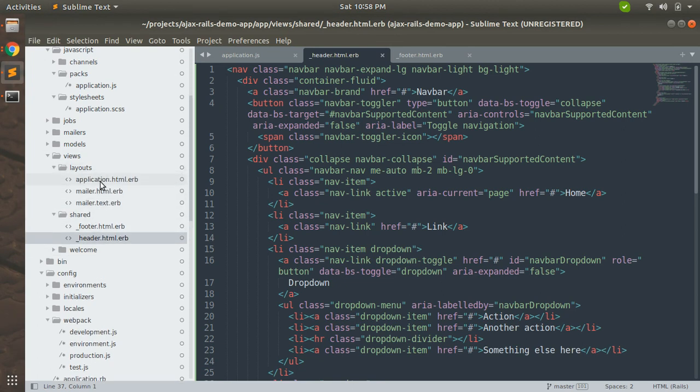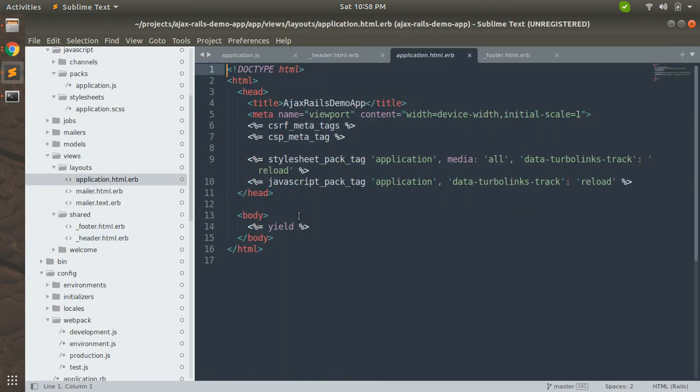Now it's time to render these partials. So we will add this in the body. The header must be rendered before this yield command. This yield is to render the template code, whatever the template has been written by the controller whenever requested. So this yield will render that code.